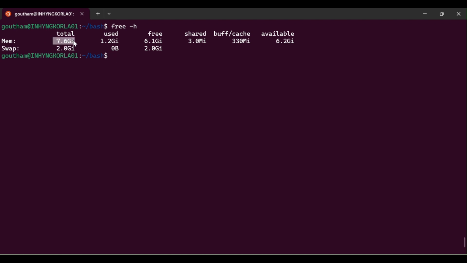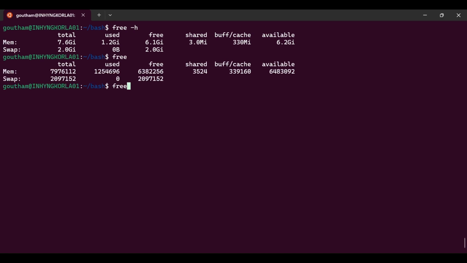It is not a part of your physical memory but instead resides in a disk. My total RAM space is 7.6 GB and swap space is 2 GB. My available RAM space is 6.2 GB and my free space is 6.1 GB. If I write free -s 4, it is going to display the RAM space and swap space